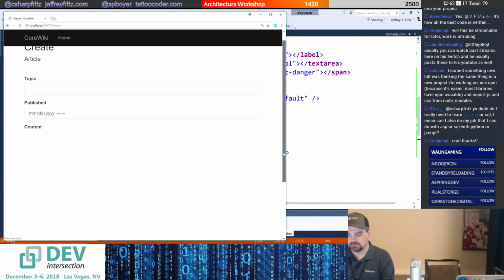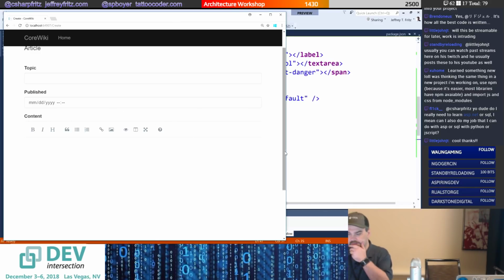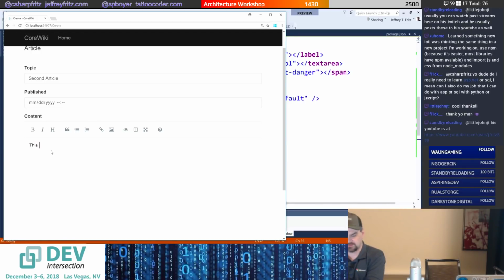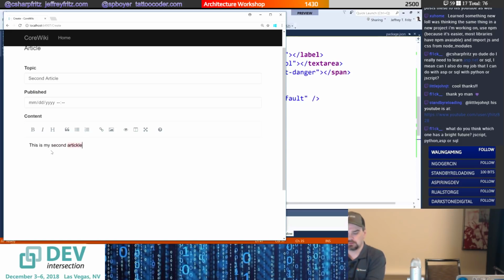Ooh, look at that. So it's already starting to paint in my little editor here, and I've got a resolving host. Now my network issues with this machine, oh, look at that. So I've got a complete toolbar here so I can start creating something. So let's call this second article. And let's say hello. Look at that, it's even giving me spell correction, right? This is my second article, and let's make the word second article bold and